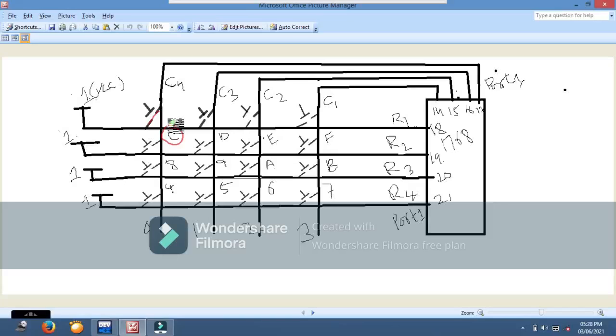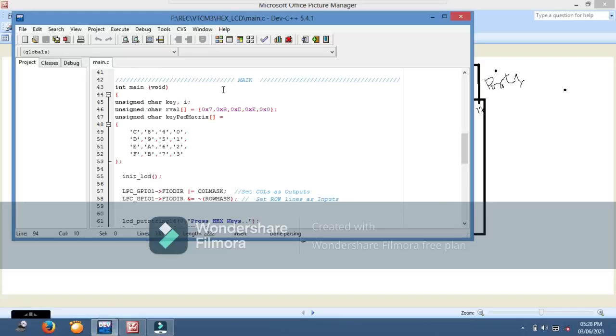Okay. So in a similar manner, we are going to scan every row for column 4, right? After scanning column 4, if there is no key pressed, what we are doing is going to scan the next column.